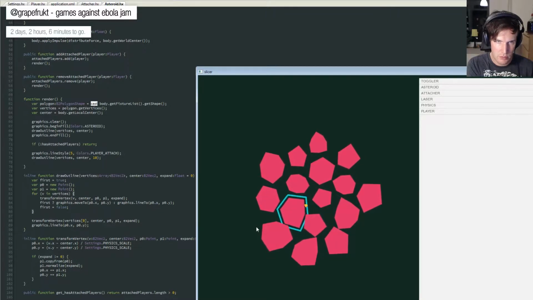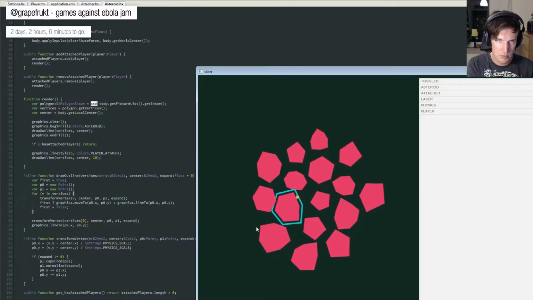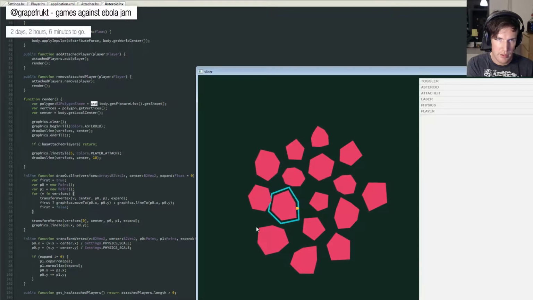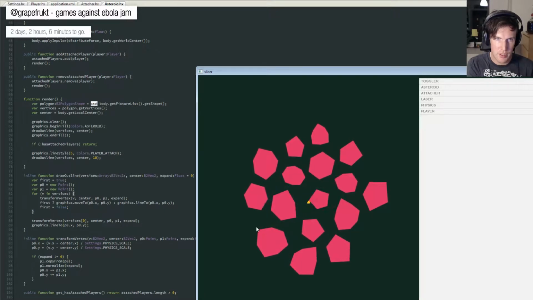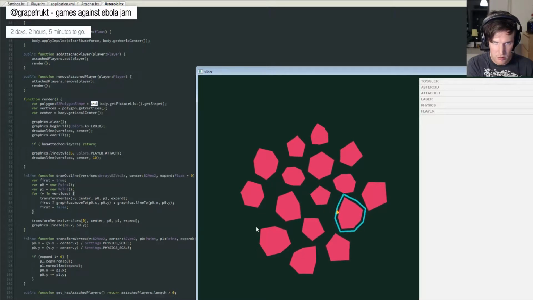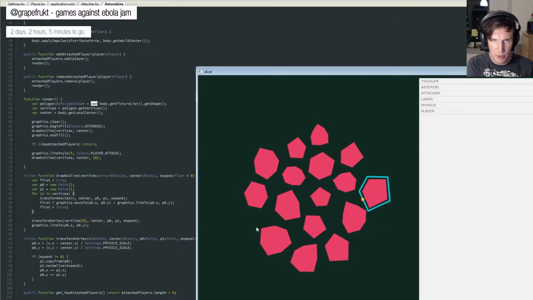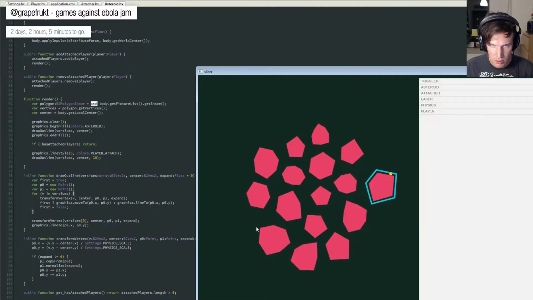Here we go. I think the outline is a little bit exaggerated right now, but it does kind of work. Seems like it's not perfect, but it will do. What happens if I go